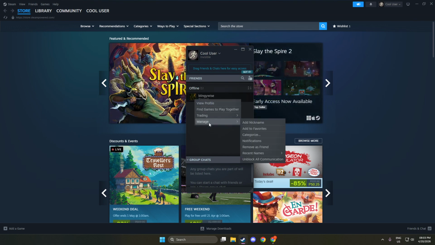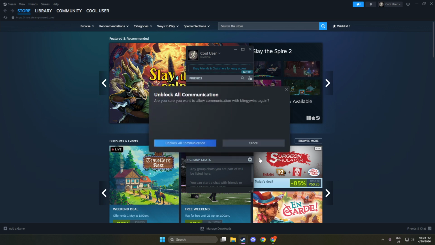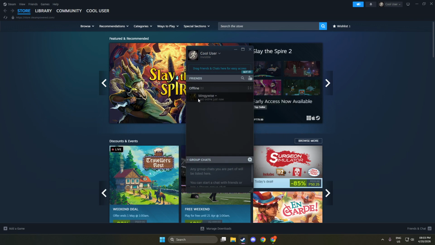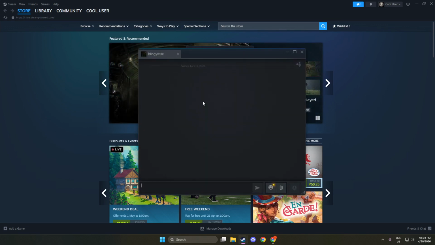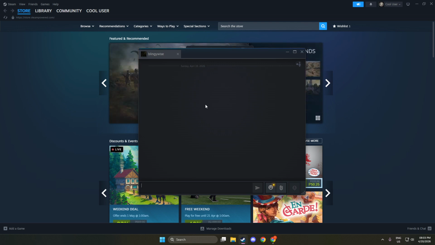This is the hub where you can see your online status, browse your contacts, and quickly jump into conversations without leaving your games or library. When the chat window opens, you'll notice your profile picture and a list of your friends, each with a status indicator so you can tell who's online, away, or in a game. If the panel is docked or minimized, clicking Friends and Chat again will expand it so you can view everything clearly. Think of this space as your control center for staying connected while you game.